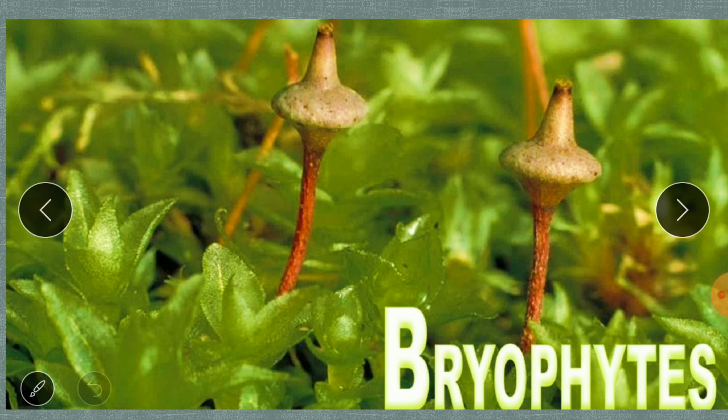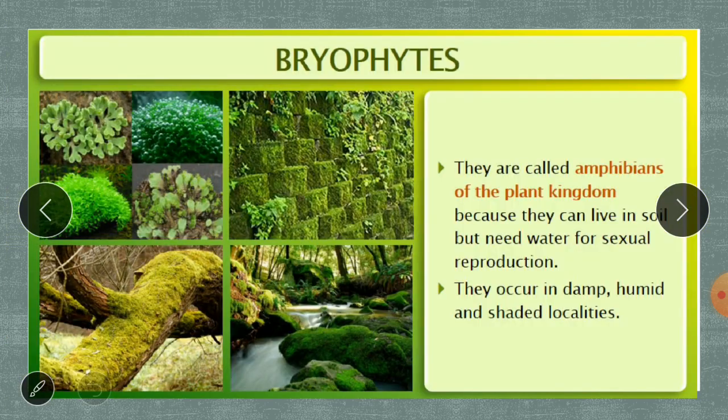Bryophytes are incompletely developed plants, you can say. They are a higher form of the plant kingdom. They are more developed than the algae, but they are not complete plants because the vascular tissues, which help in the conduction of water or food, are absent. So the transfer of food takes place by cell to cell diffusion in the bryophytes. So let us study some of the characteristic features of these organisms known as the bryophytes.